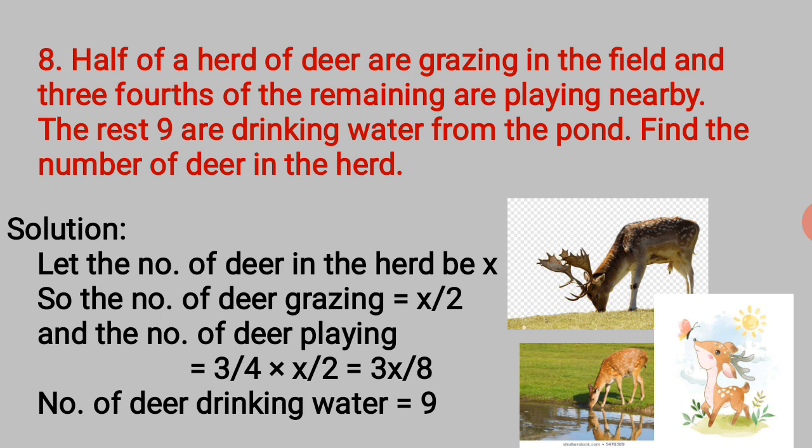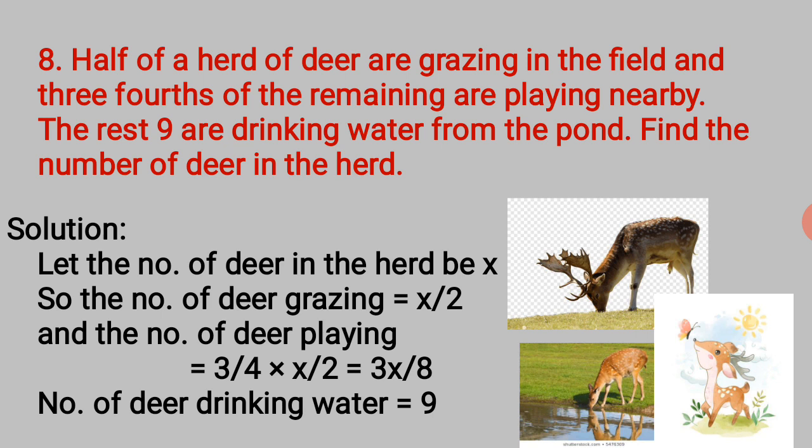The next activity which is there, it is playing. But how many deer are playing? It is 3/4 of the remaining. And how many are remaining? Yes, it is the other half. That is why the next statement reads as the number of deer playing, it is 3/4 of x by 2. That is the half that is remaining. When you solve it, you get it as 3x upon 8. This is simple mathematical multiplication of fractions. So now you have the number of deer that are playing, it is 3x by 8.